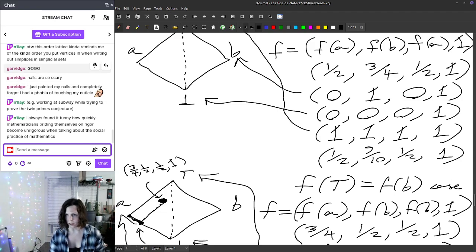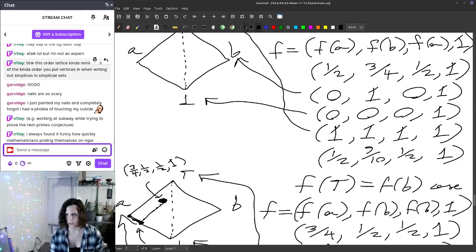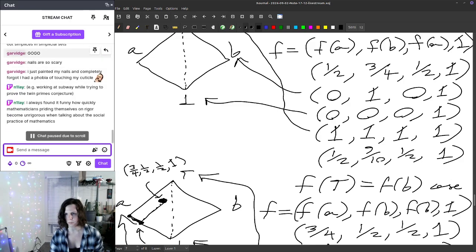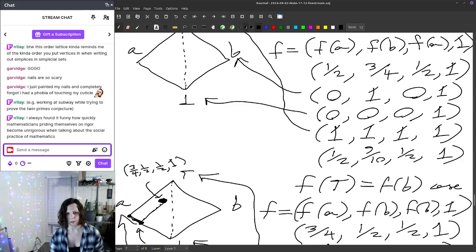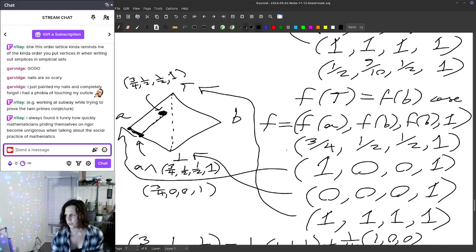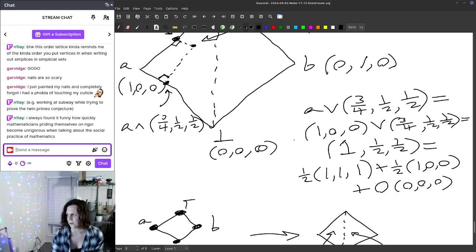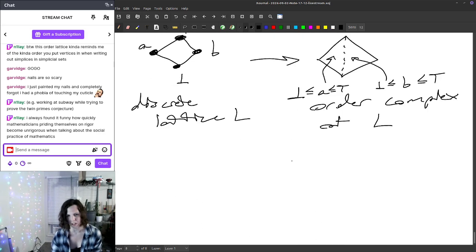But the other thing, I didn't want to ignore this: the order lattice reminds you of the order you put on vertices when writing out simplices and simplicial sets, and that's actually what I wanted to think about. Assuming everyone's good on hearing about my position on who's good at math or whatever, I'll say one more thing before the simplicial set thing,